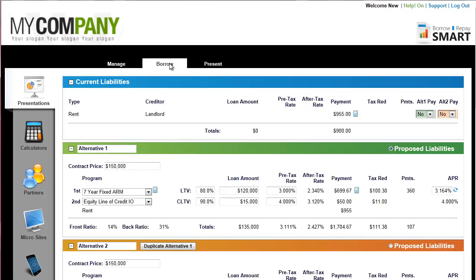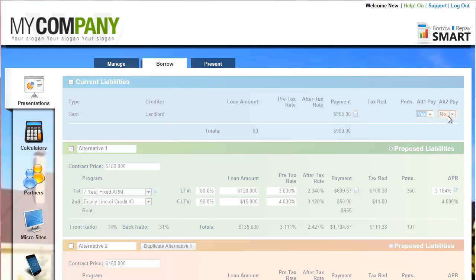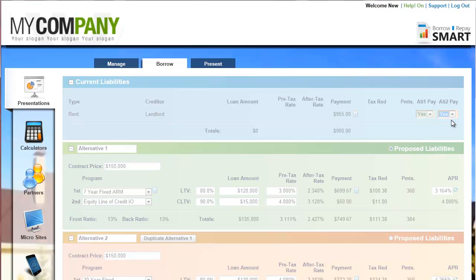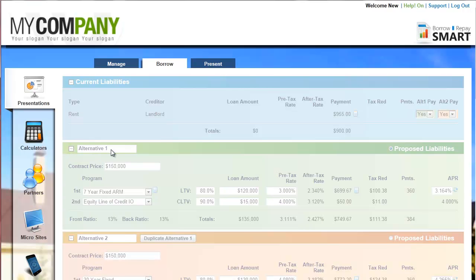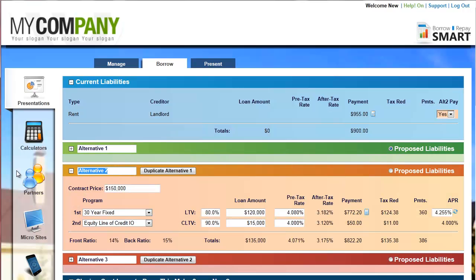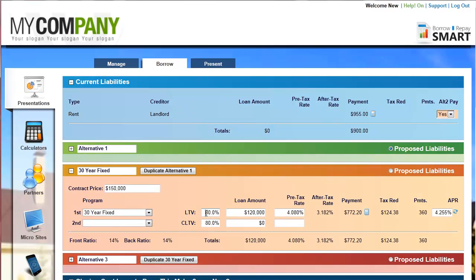Now I click the borrow tab. So I've got currently they're renting, and we are going to pay that off because we won't continue to have that as an expense, right? That $955 a month is going to go away. And what's it going to be replaced with? And you know, with home buyers, I like to keep things really simple. I'm just going to show a 30-year fixed as my scenario here, and I'm going to go ahead and just do a first position 95%, 142.5,